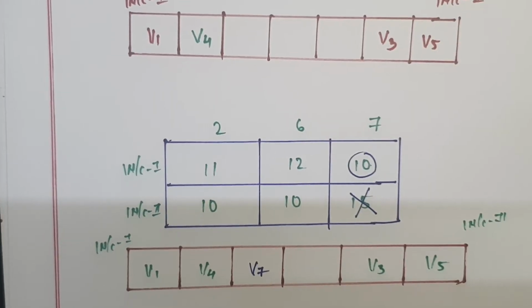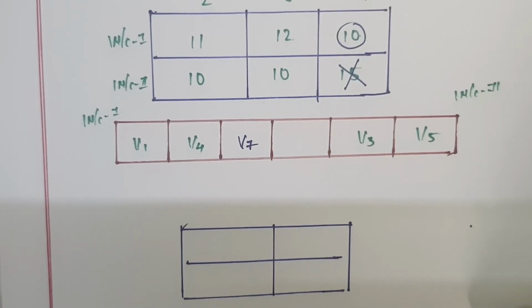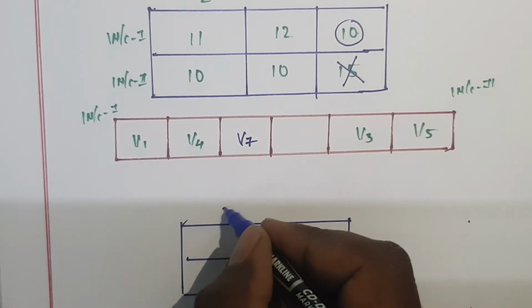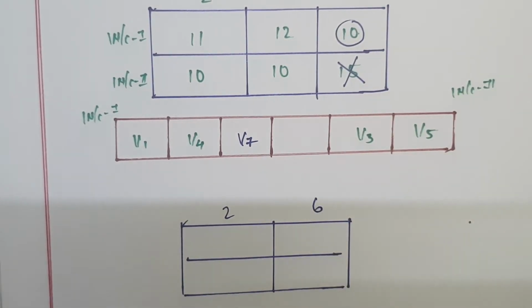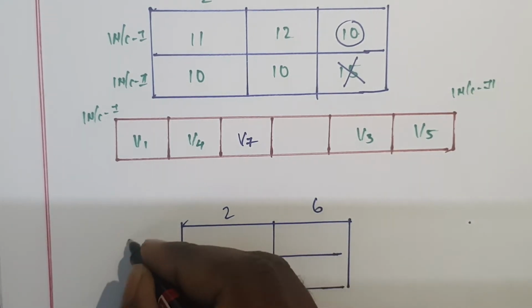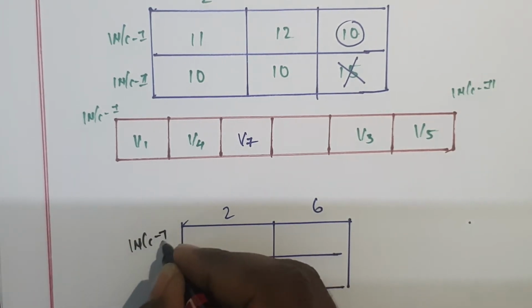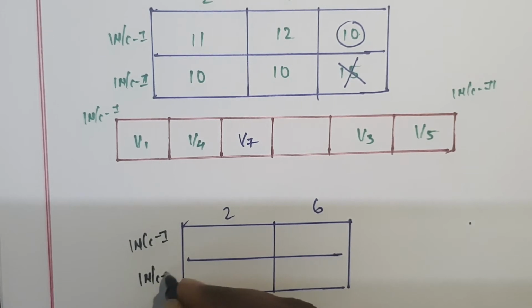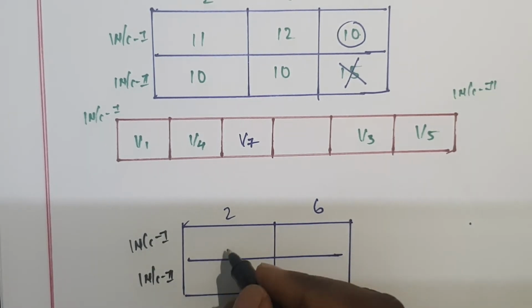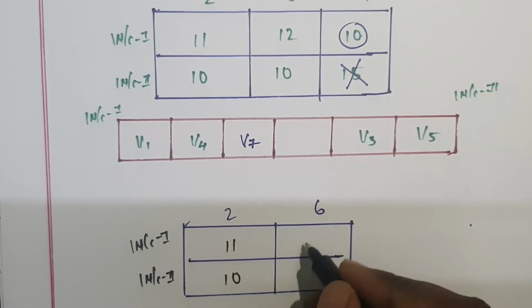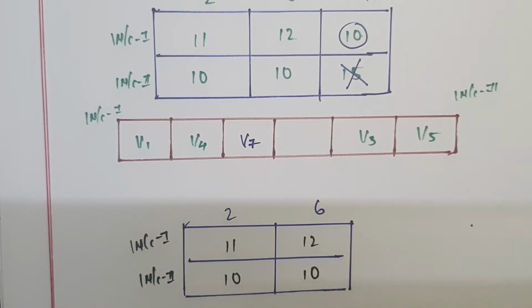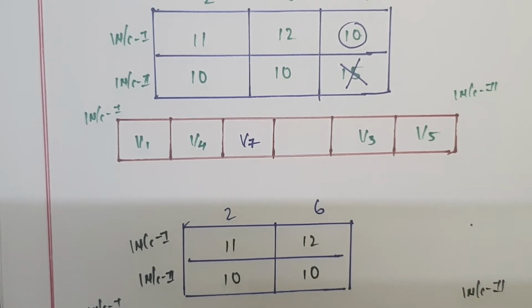Then after that, whatever the remaining is there, that one you have to write. So, remaining here what is there? 2 is there, next one is the 6 is there, and this one is known as WC1 and this one is known as WC2. Here 11, next is 10, here 12, next term is 10, and whatever you got, WC1 frequency and this one is WC2, okay? Here this one is known as V1, this one is known as V4, okay?